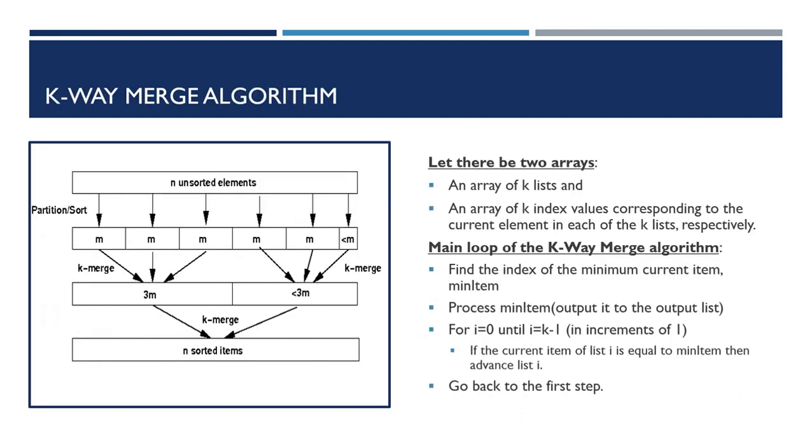Let us see how the algorithm works. Here we have n unsorted elements which are divided into m parts. That is, if I have 100 elements, let us consider 10 elements in each block, where m size can be 10. All the 100 elements can be divided into 10 blocks, where each block of size m is sorted internally with a sorting technique in ascending or descending order as the user requires.